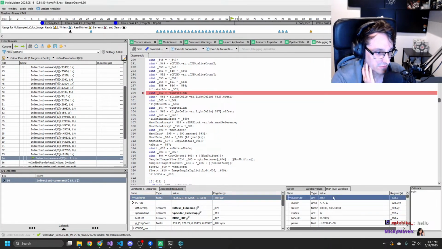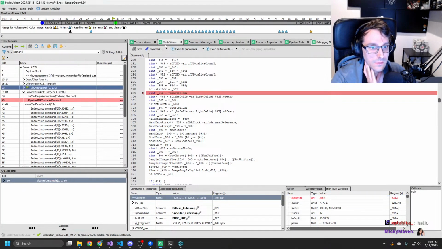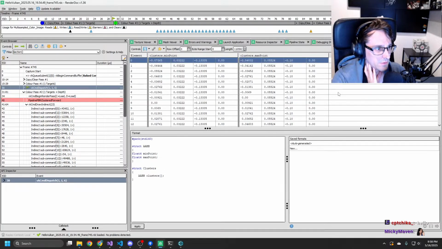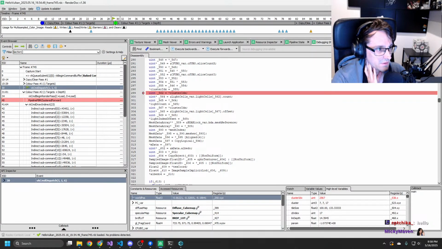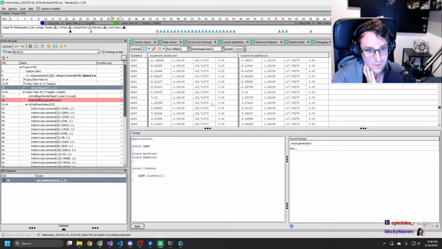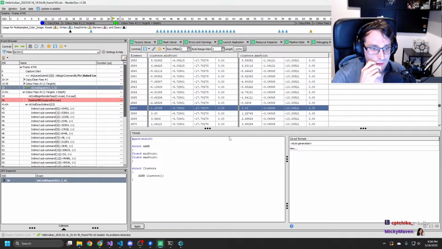Let's see what the view space thing is. 2567. Pipeline clusters 2567. Two, 5, 6, 7.